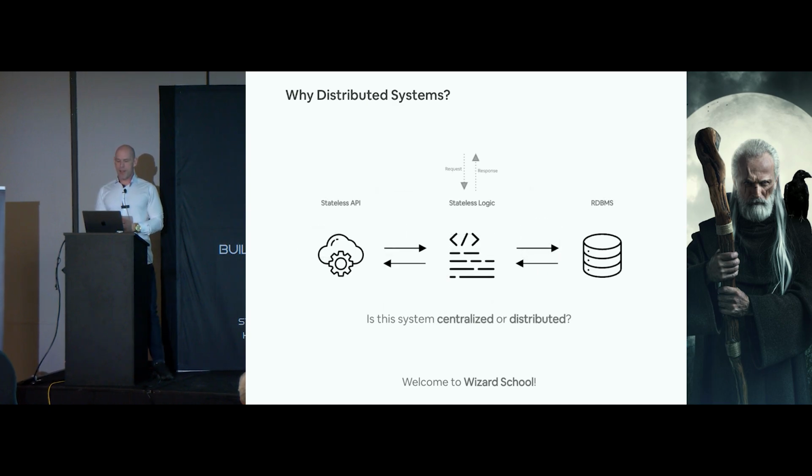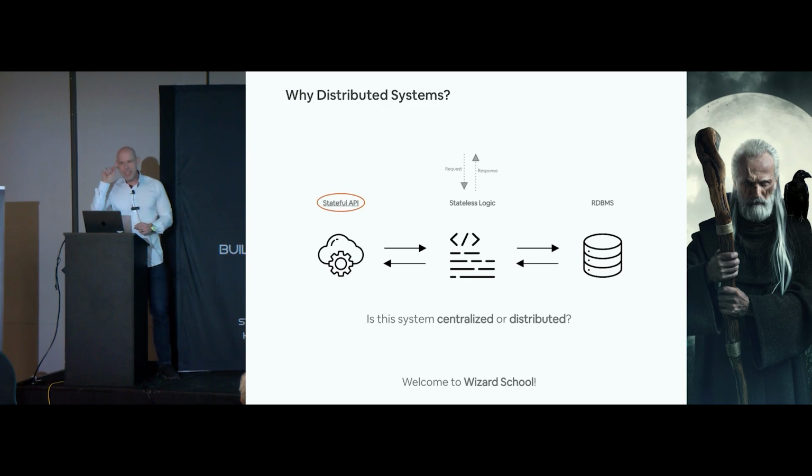How about this one? We have our stateless logic as before, and we're talking to a database, which we use to store state, and then we're talking to a 100% stateless API. I can tell you what that means if you really want to know, but basically it means every call to any API always returns the same data for the same input. Is this system centralized or distributed? Centralized. It's kind of surprising this one's centralized, isn't it? Because we've got 3 different things here, but it's still centralized. You could sort of see that conceptually if you take that stateless API and just inline it into the app. Right? It reduces to the other one.